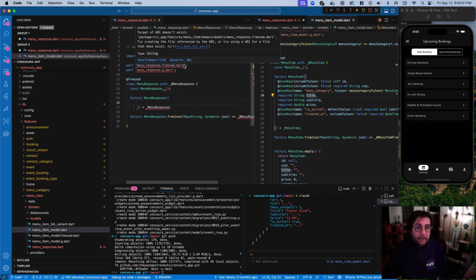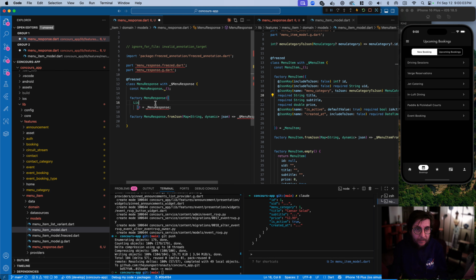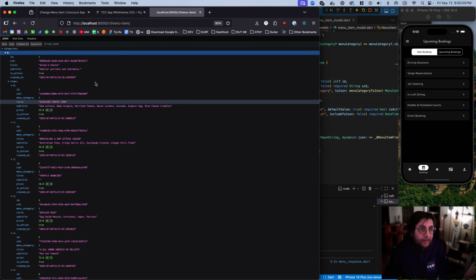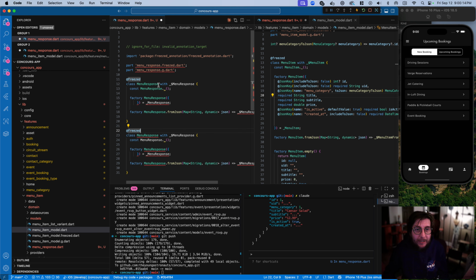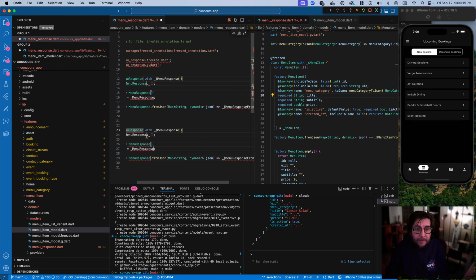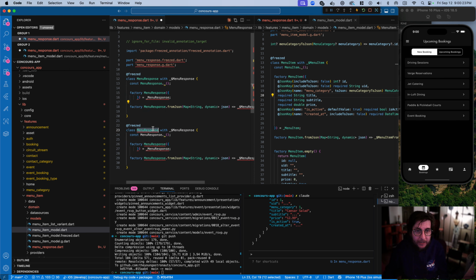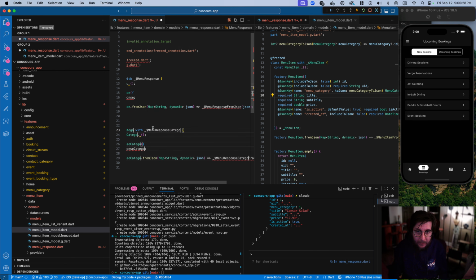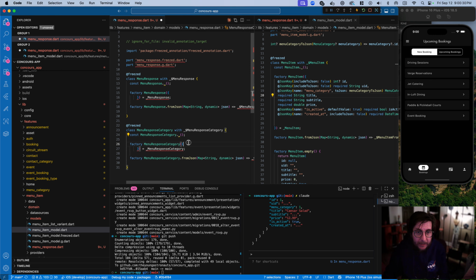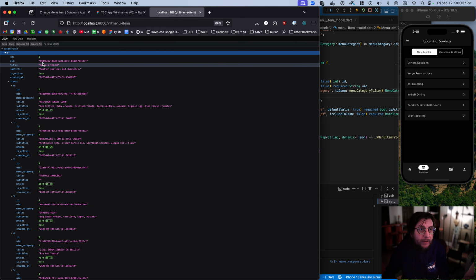Yeah, because we're going to have essentially a list of, we're actually going to have at least two models here. So we're going to have the menu response, but we're also going to have the menu response category. Let's start there, actually. I just want to change these ones. Menu response category. Because we're going to set the shape of what one category looks like, which is basically